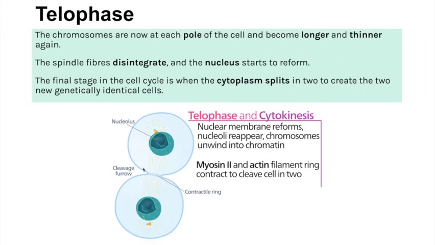In telophase, the chromosomes are now at each pole of the cell and become longer and thinner. The spindle fibres will then disintegrate and the nucleus starts to reform. The final stage in the cell cycle is when the cytoplasm splits in 2 to create the 2 new genetically identical cells,